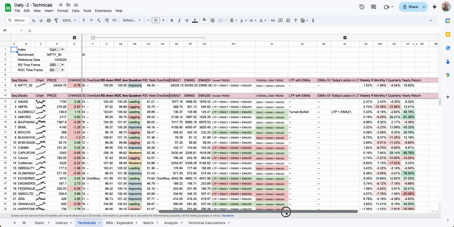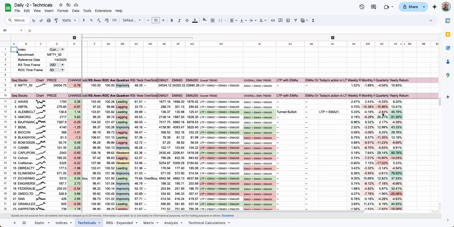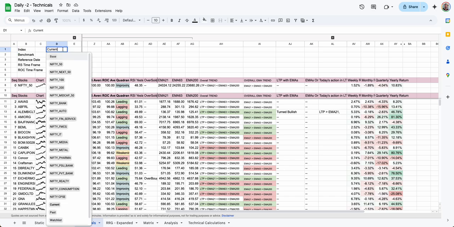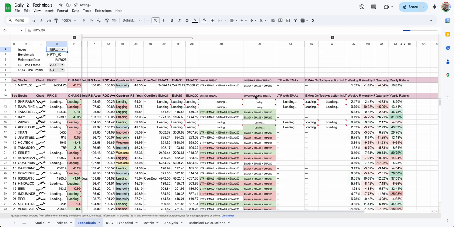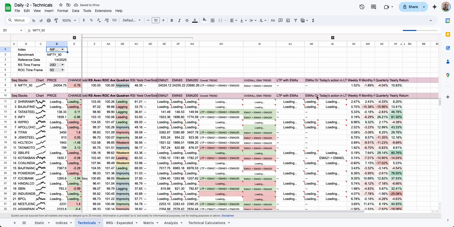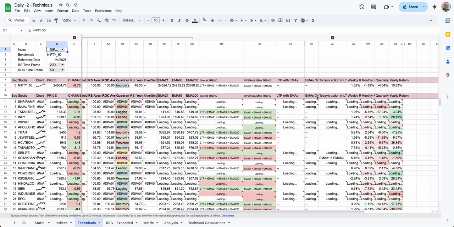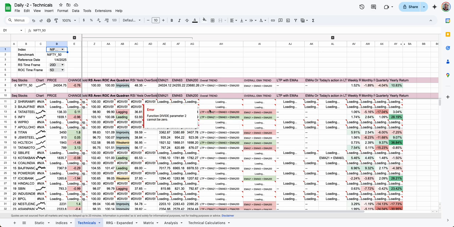And I also have the weekly, monthly, quarterly, and yearly return for all the stocks. You can do this for all your stocks in here. For example, if you want to do it for Nifty 50 alone, you can choose Nifty 50. All the data would load by itself. Just give it a couple of seconds or minutes depending on your internet speed. The data should come up and you should be able to look at how Nifty 50 stocks are trending